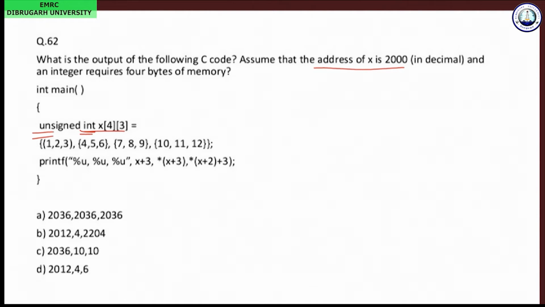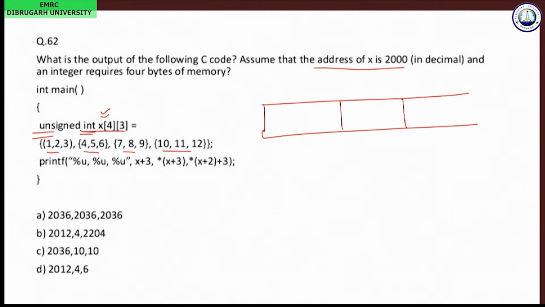These are the values being stored within this array. We can write it in a simpler way: 1, 2, 3 and 4.